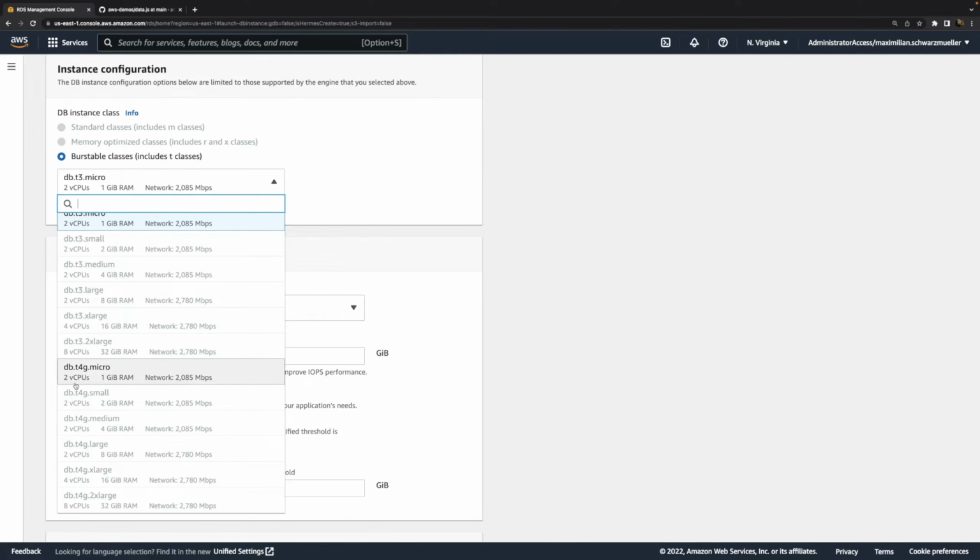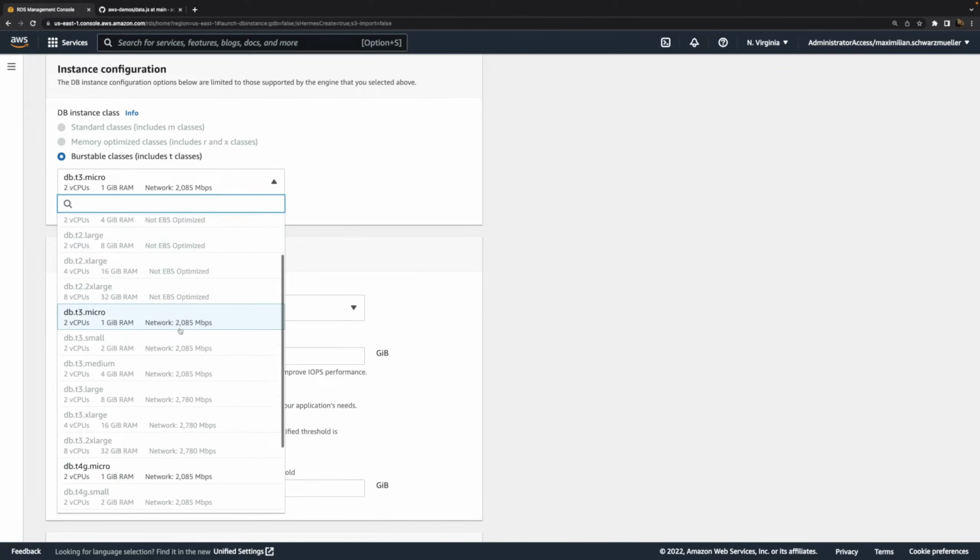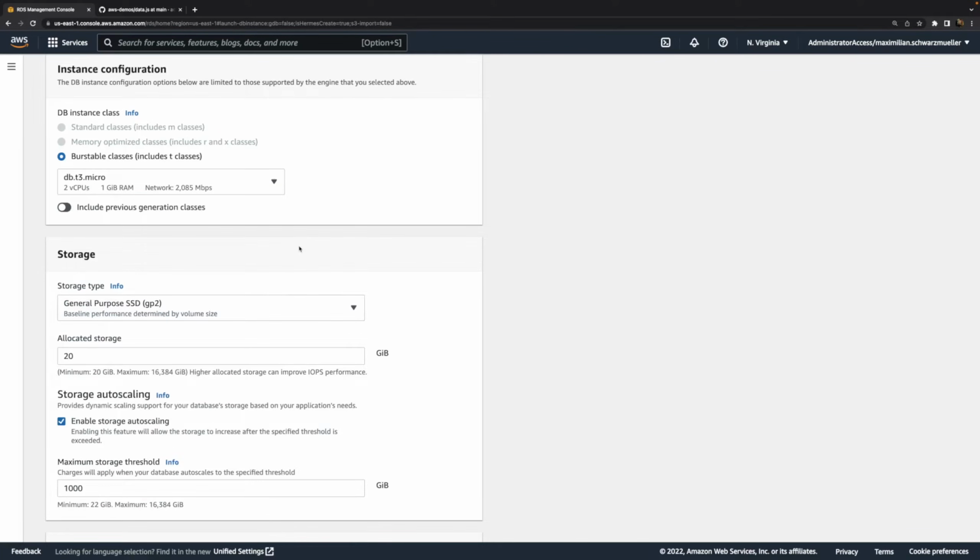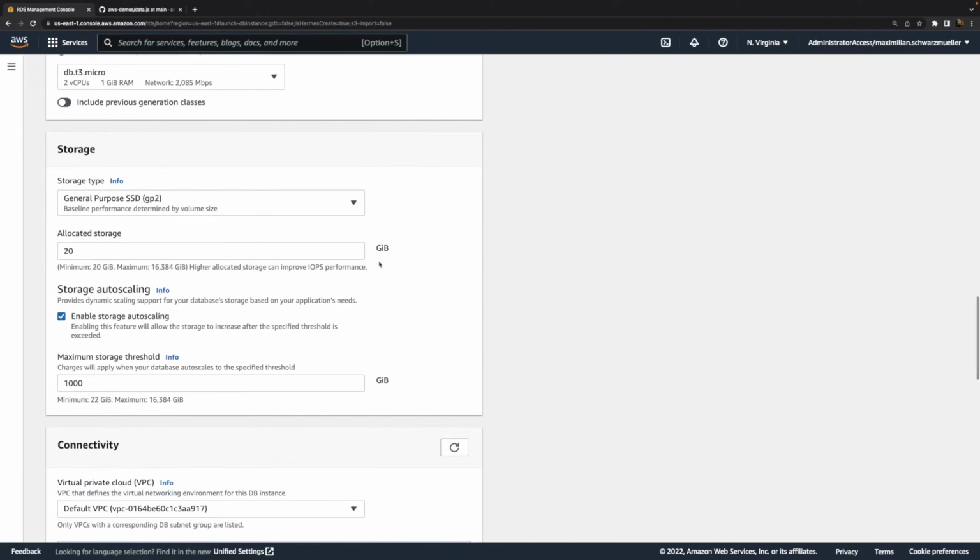We have a different amount of CPU cores and different amounts of memory. The network speed also might matter to you. Here I'll simply stick to the default choice, but for production workloads you can choose more powerful instance types, more powerful instance configurations.